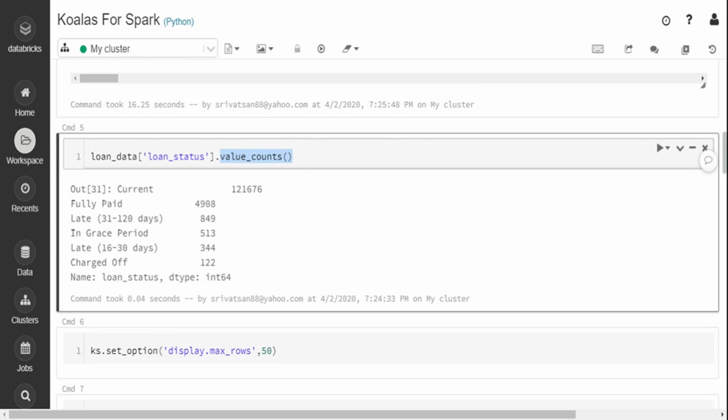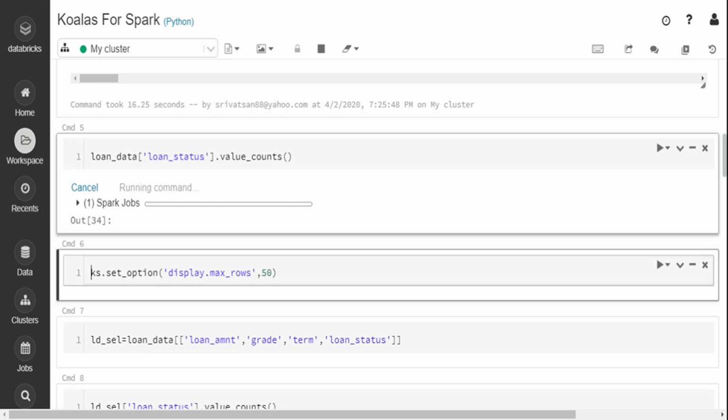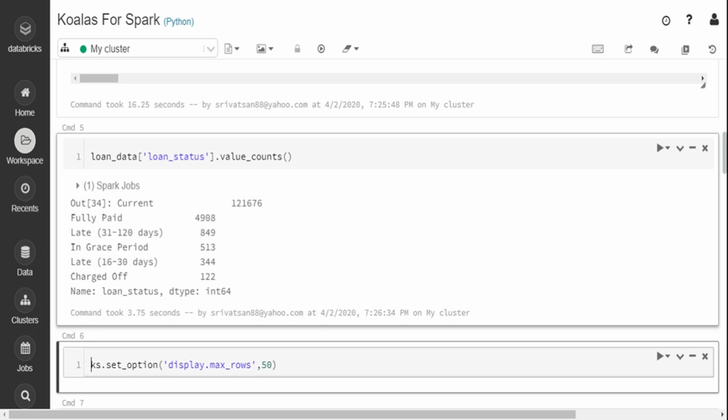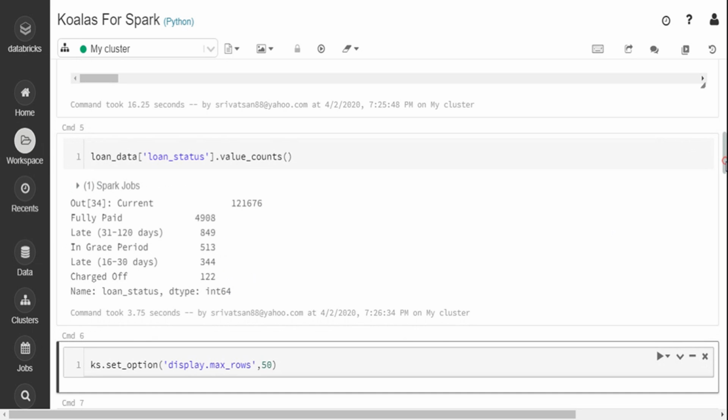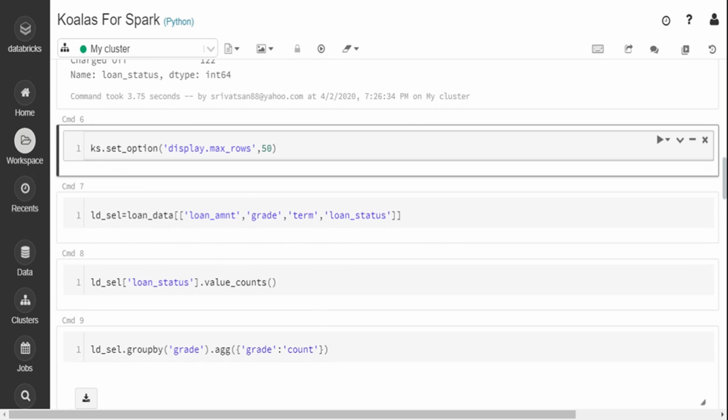If you look at the regular Spark data frame, there is no function called value counts, but Koalas is replicating the Pandas data frame. So you can still run the Pandas function value counts and get the target values, and you can see the target values are similar, right? That is one part of it. Now I'm going to show more functions which resemble Pandas, and also some unique functions available in Koalas that are pretty good and can further simplify your data analysis and data analytics journey. So let me get started.